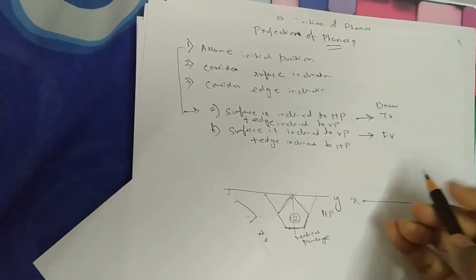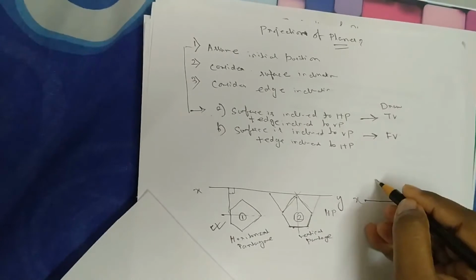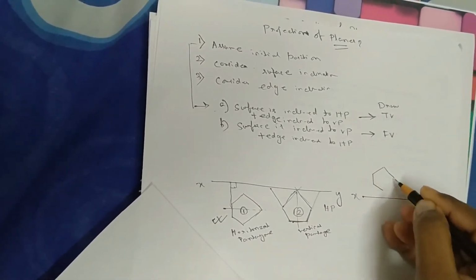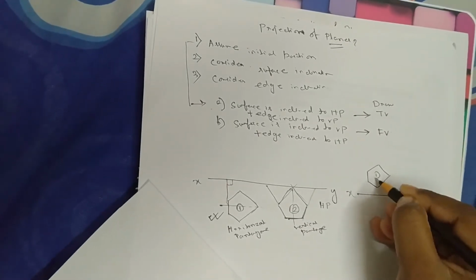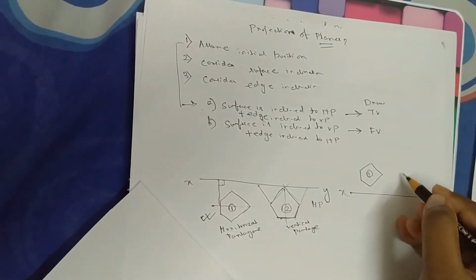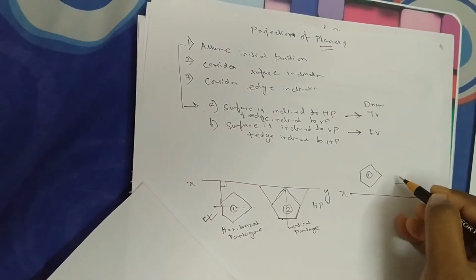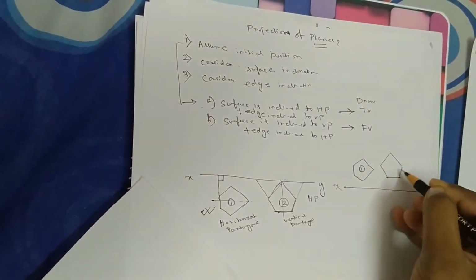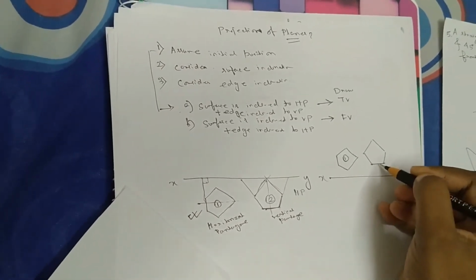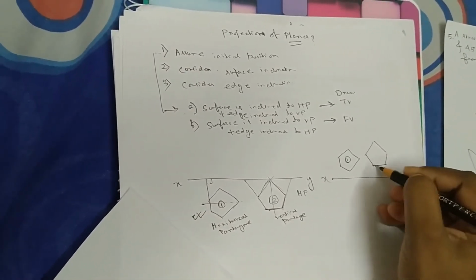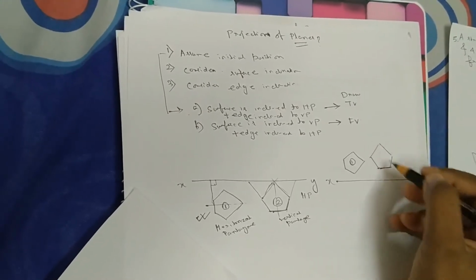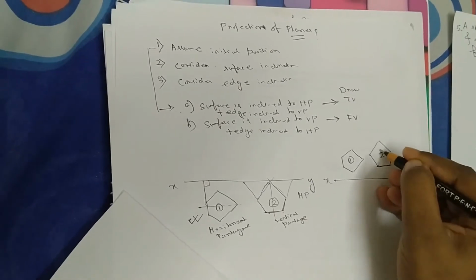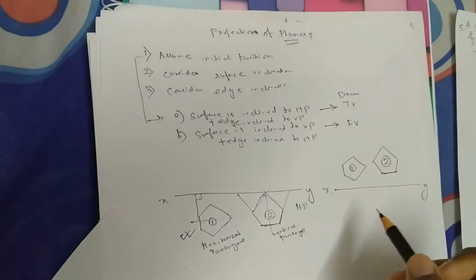So obviously here the picture will be, if I consider a pentagon, again the same situation. This is your case 1, that is a horizontal pentagon, and you can draw it anyway. This edge can be close to the XY line also, or it can be away from the XY line also. That is not a problem. So this is case 2.